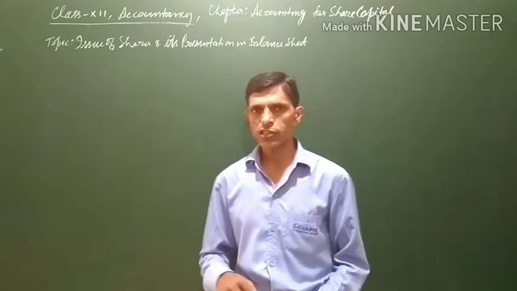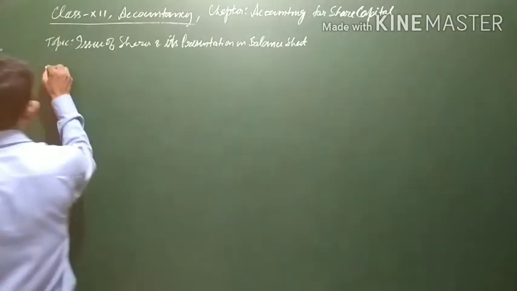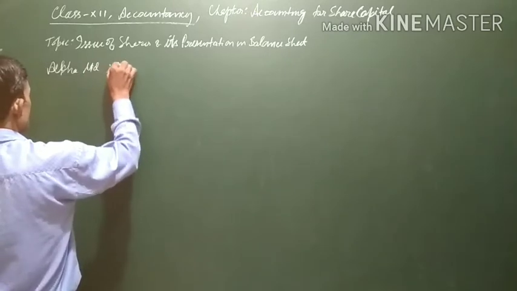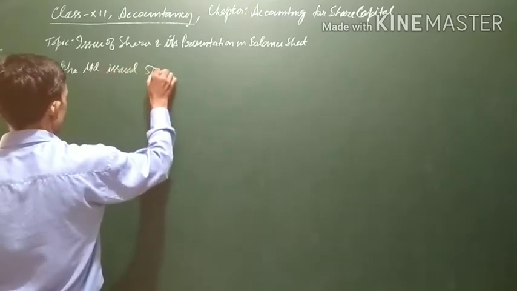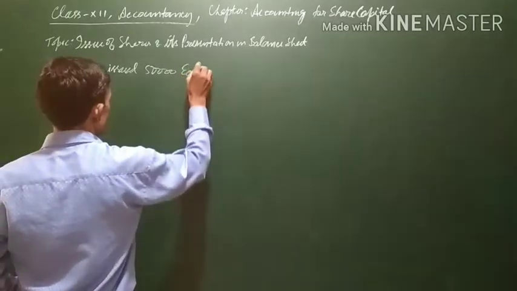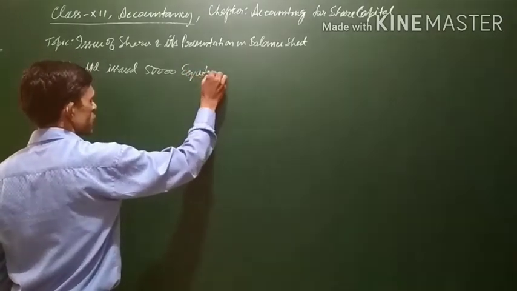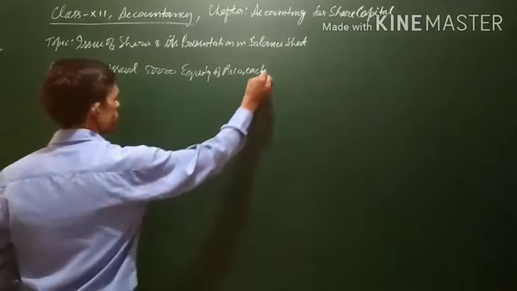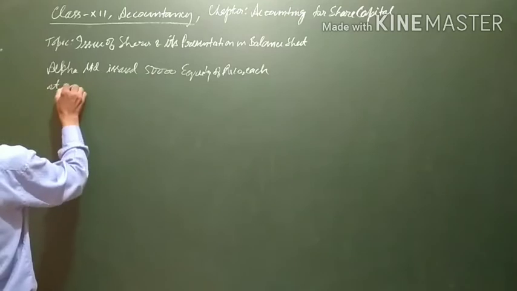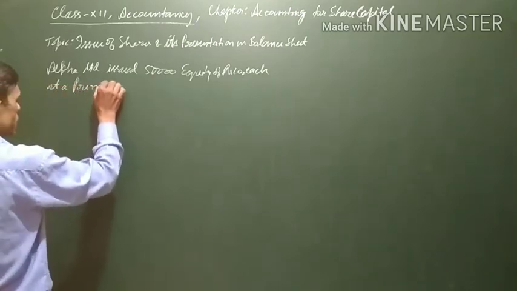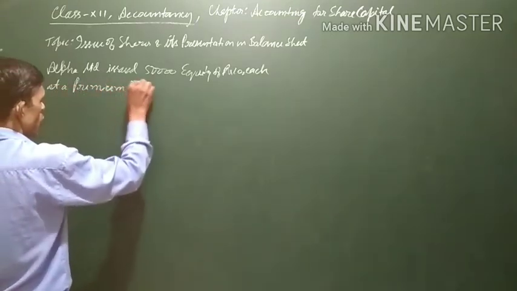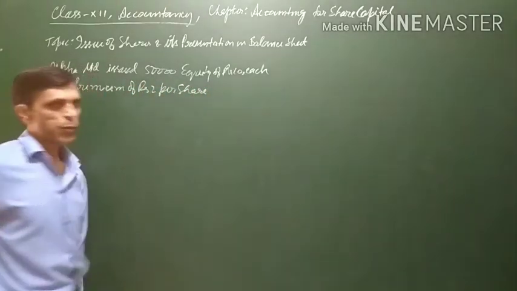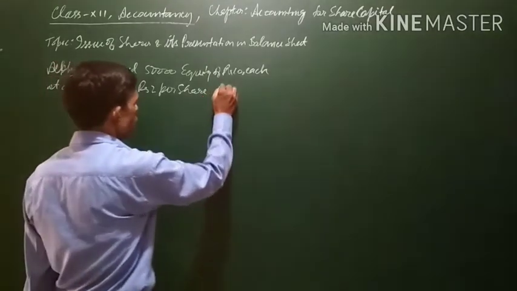Let us assume that a company, Alpha Limited, issued 50,000 equity shares of rupees 10 each at a premium of rupees 2 per share, and all the shares